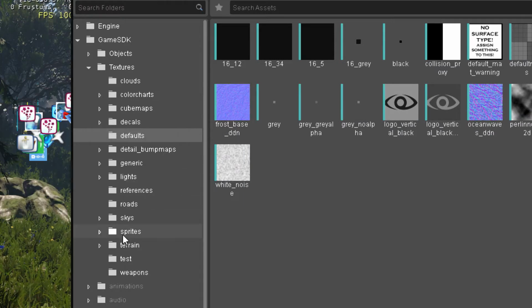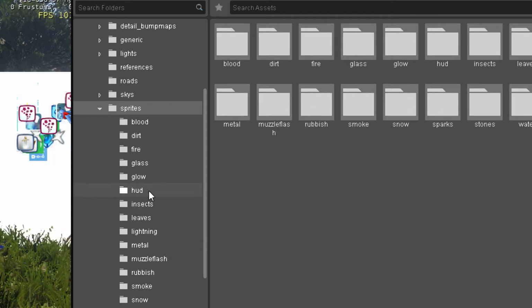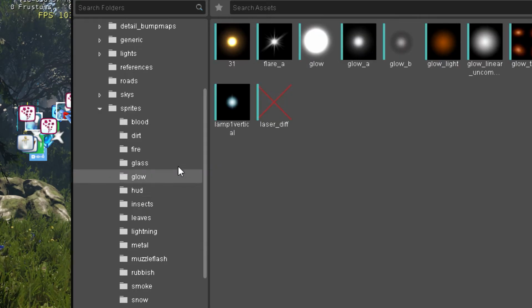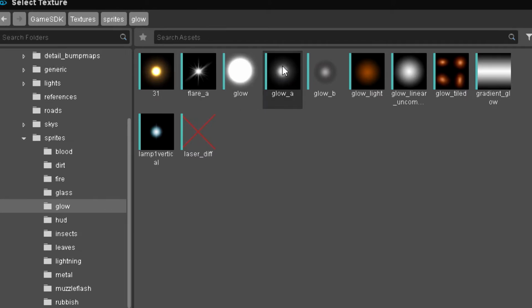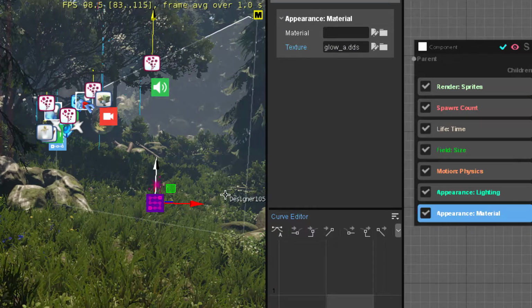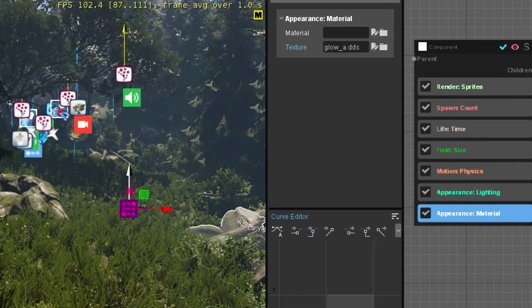And textures, because we're in Game SDK, we already have some sets of textures. In sprites are pretty much all the textures you will need for particles. There is a folder glow, and now we can pick any glow. We can have the flare, the star looking one, or the round one, just glow A. You can of course later on make your own custom glows. We just took this one, the glow A, and as you can see, it has a